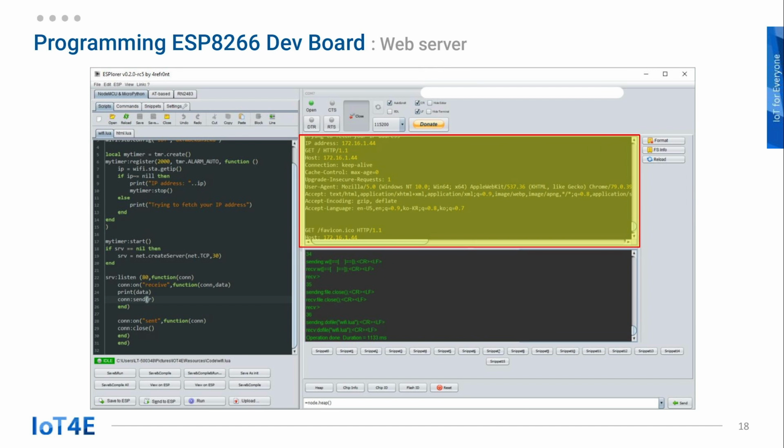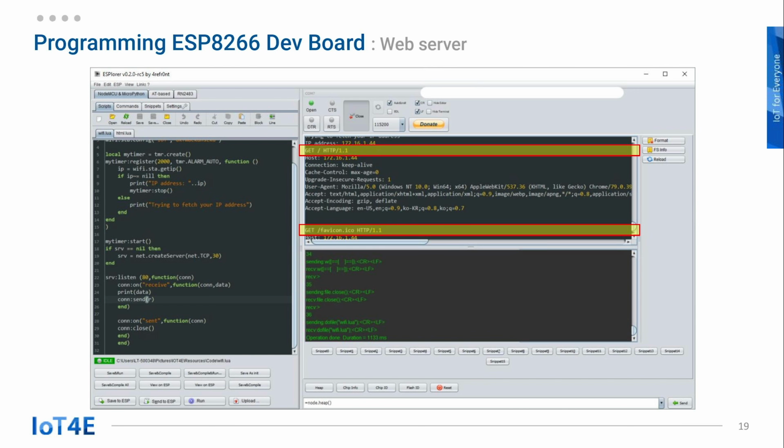Once accessed, you can see what happened in the web server from the right side in the console of ESP8266. As you can see here, the data printed twice because the receive event is getting executed twice. This happened because a web browser tried to get the favicon.ico. In the